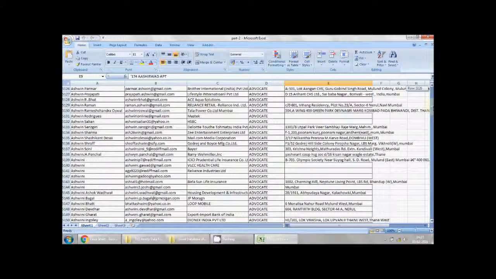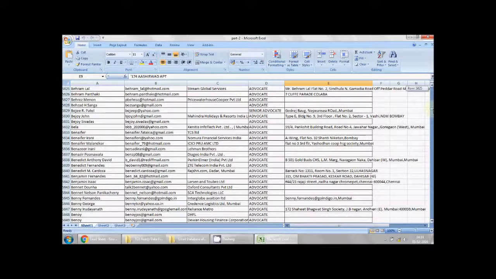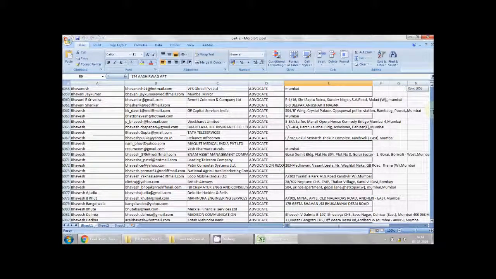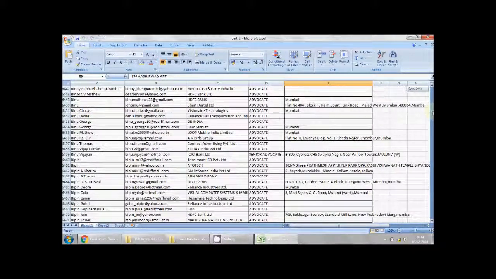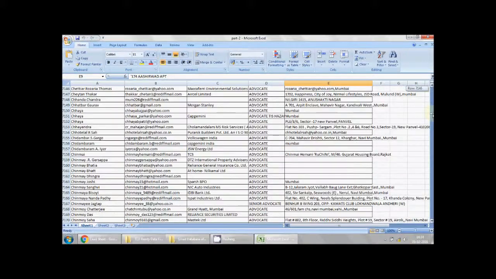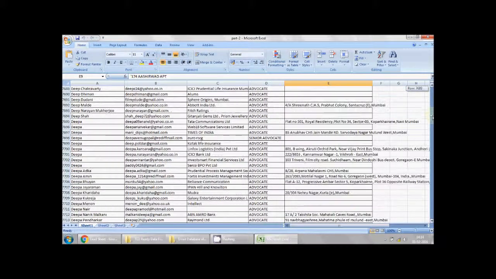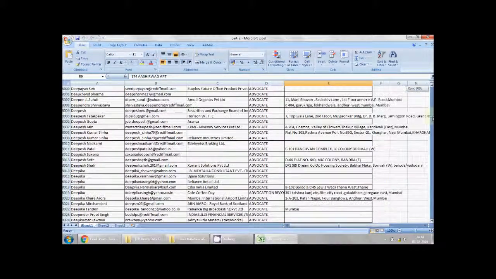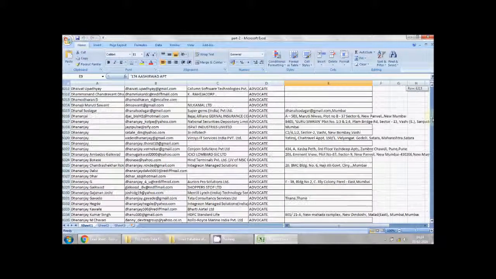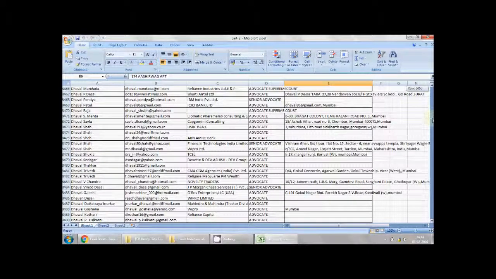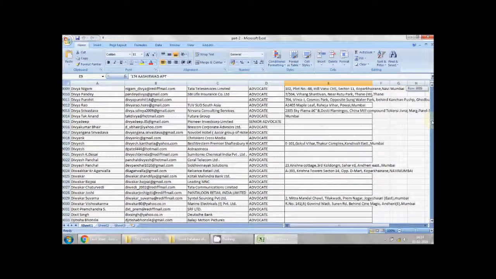More than the data, what is more important is how you use the data. The same data can be used by 2 different persons, and one person can convert 0.5% of the data, another person can convert 2% of the data. So it all depends on how well you use the data. It's not about the data only, it's also about how you use the data.